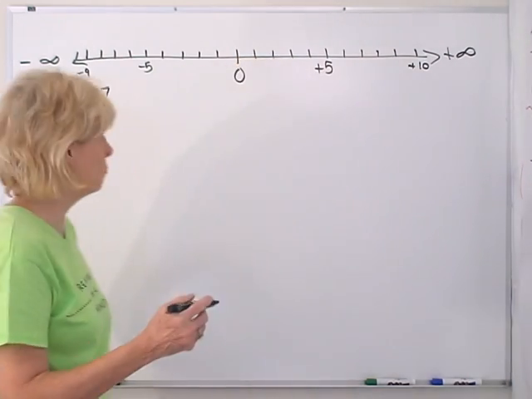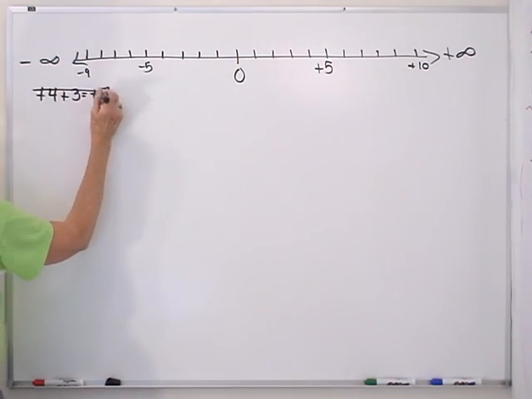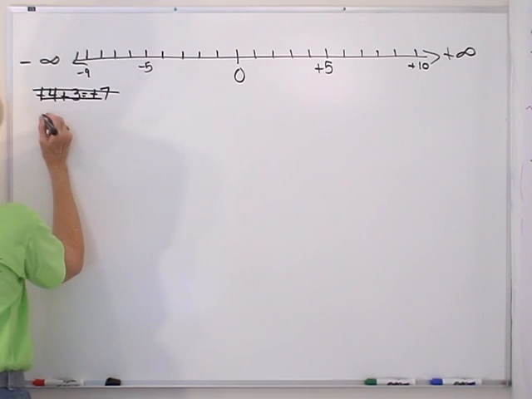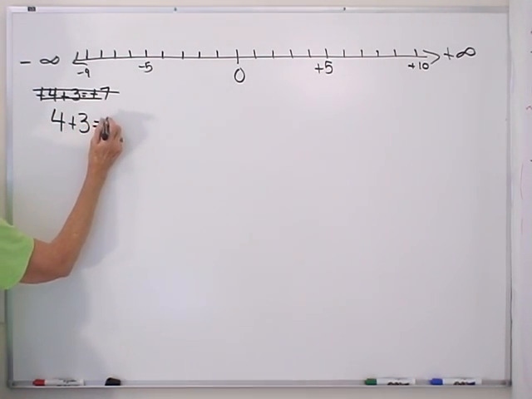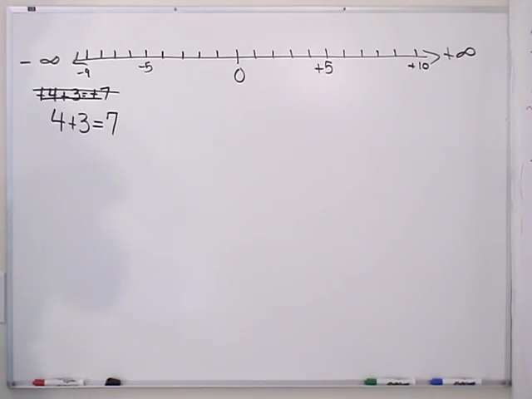So I wouldn't even write it this way myself. I would say, let's just do this: 4 plus 3 is equal to 7. And you already know that. But now I'm just drawing to your attention that this is really positive 4 and positive 3,